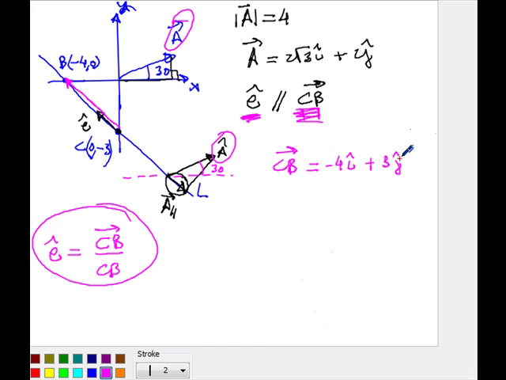Okay, so now we've just obtained the numerator. The next step is to obtain the denominator. But that's easy. Once we know a vector expressed in component notation, we can easily compute,